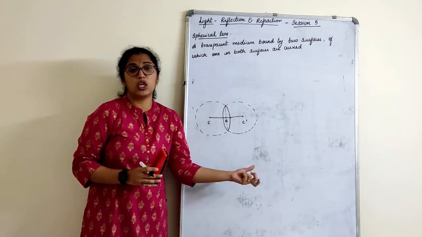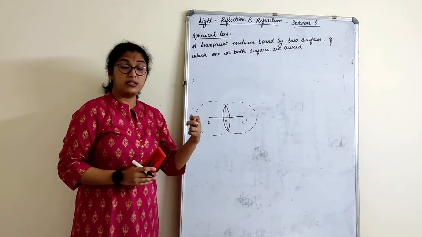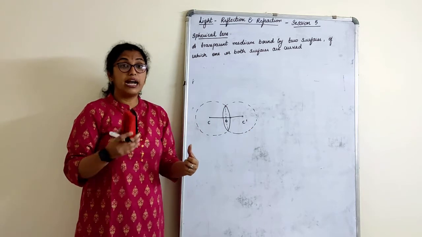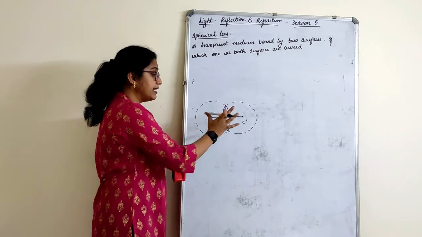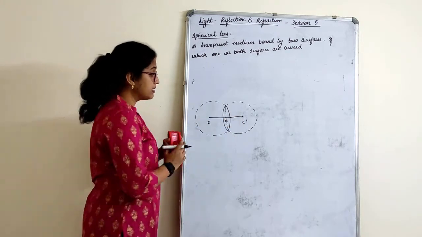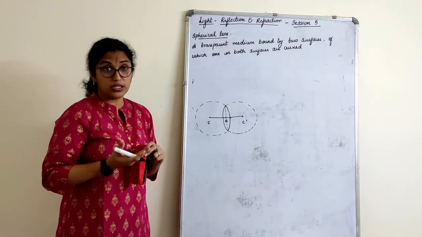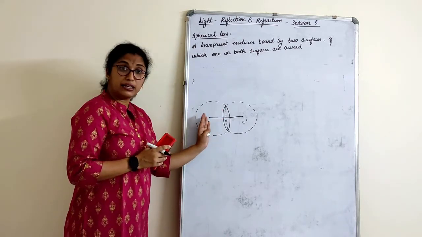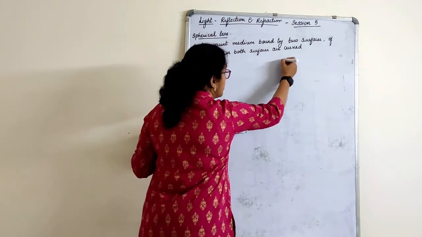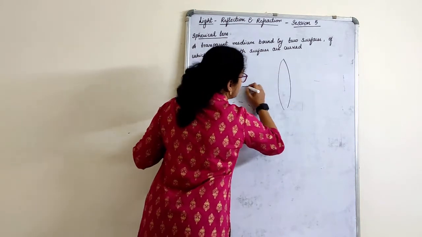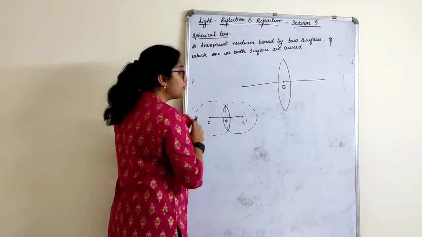These definitions about optic center, curvature, principal axis, focus 1 and focus 2 are not mentioned in the notes, children, so I'll be sending you a small PDF. You can just make a note of it. This line is called the principal axis. Here you have two foci: a focus for this side of the curvature as well as for the other side. When we draw a lens, I'll also teach you how to draw a lens neatly. So this is the optic center.